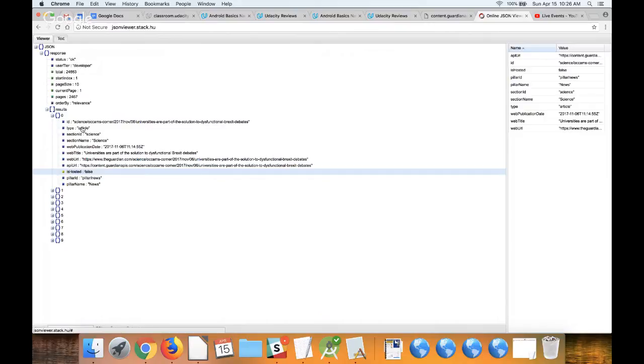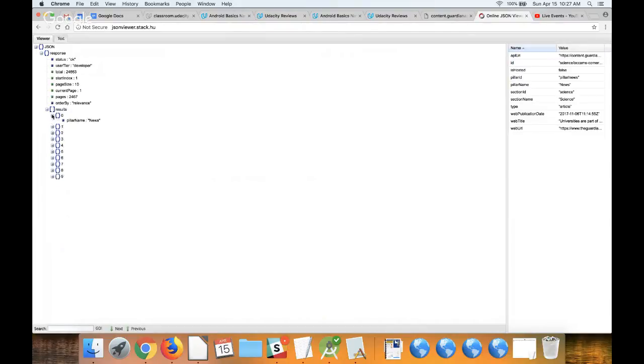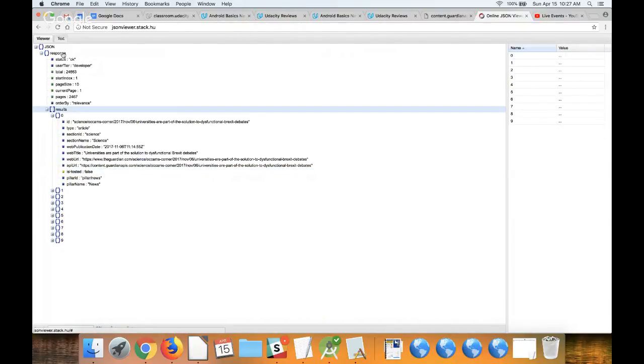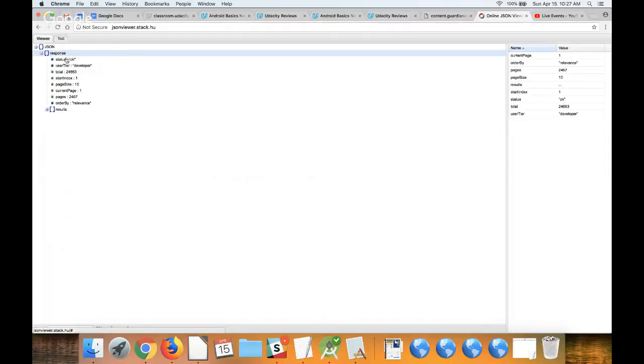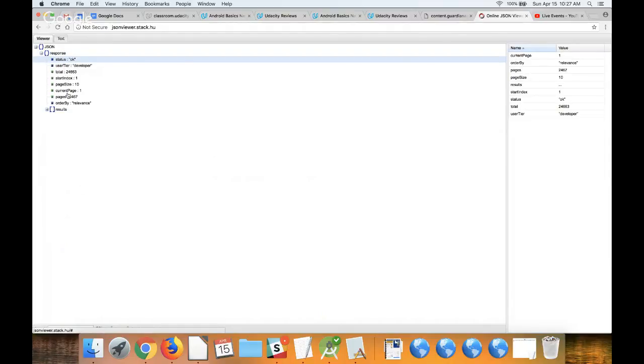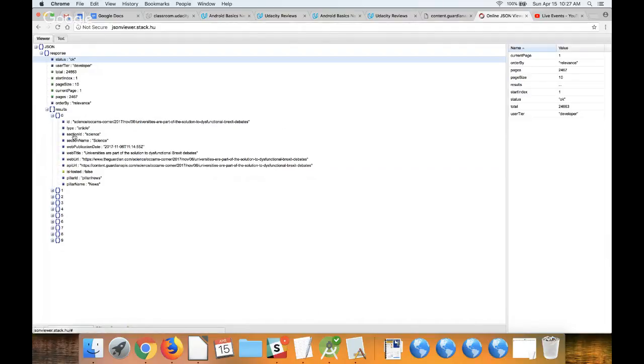And not only that object, but that object will be in a list of these result objects, and that list will be included in another object which is called response, and has all these other fields. Again, it has its constructor, and again, it has its getters and setters. Okay, so it means that you need to write those classes. This is not a particularly complex JSON, but still you will need to write those classes. Maybe for the purpose of the app, you don't need all the data that comes here, so you can skip some of them. That's perfectly fine. You can do it.